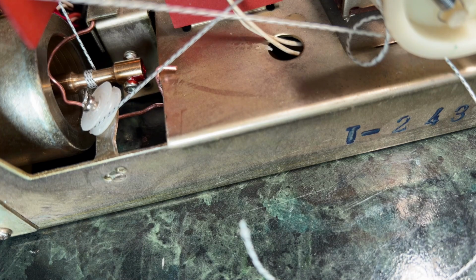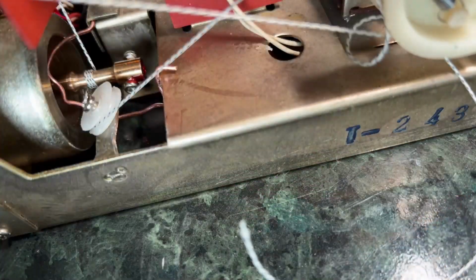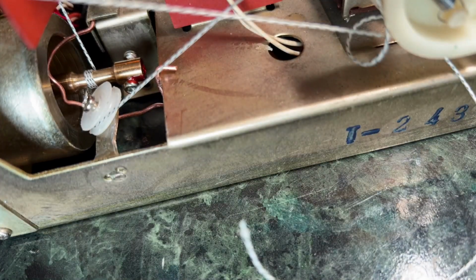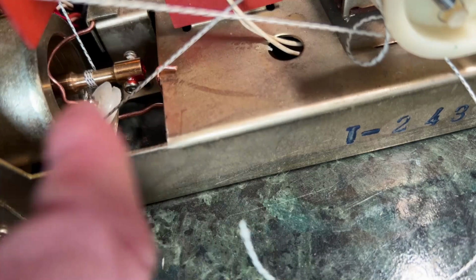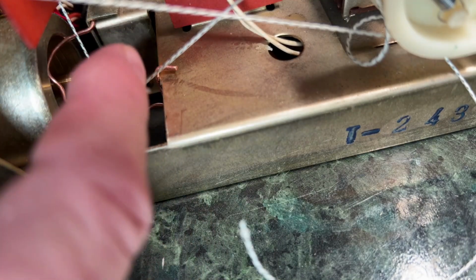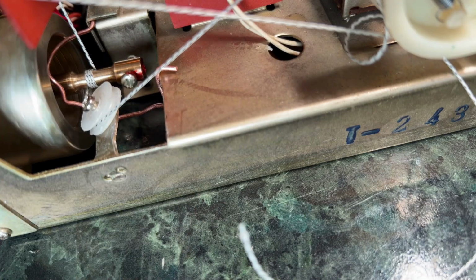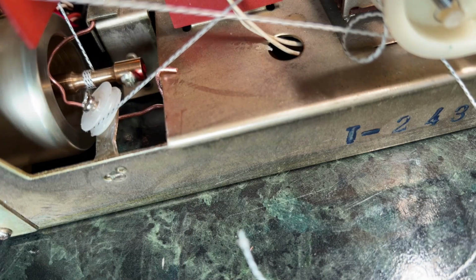They're absolutely unobtainable. But what I have found is that if I get a bit of copper wire from some twin and earth cable here, and wind that into a very intricate position so that it's pushing back again. So I've secured it under, I want to be careful here because I've got the power on, but I've secured it under that thing there and pushed it against there, and that puts enough tension on the end of that so that I can now wind that back,